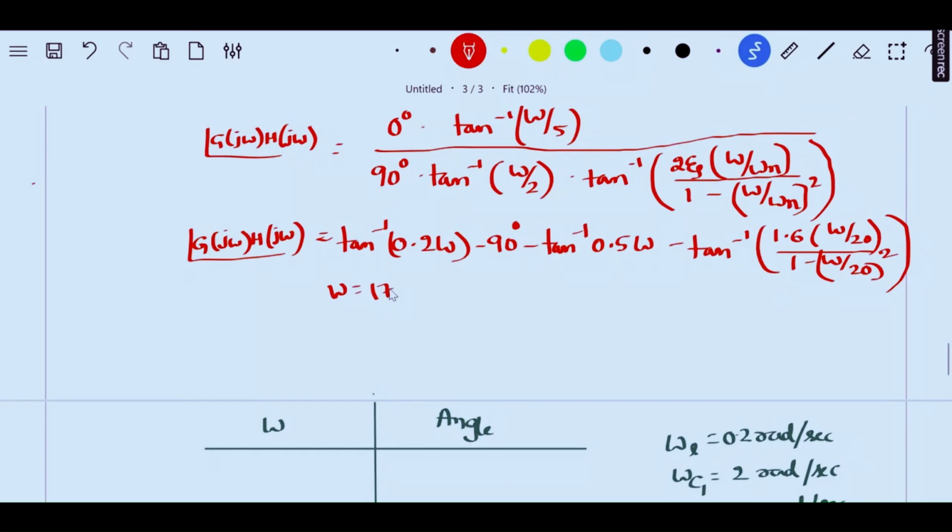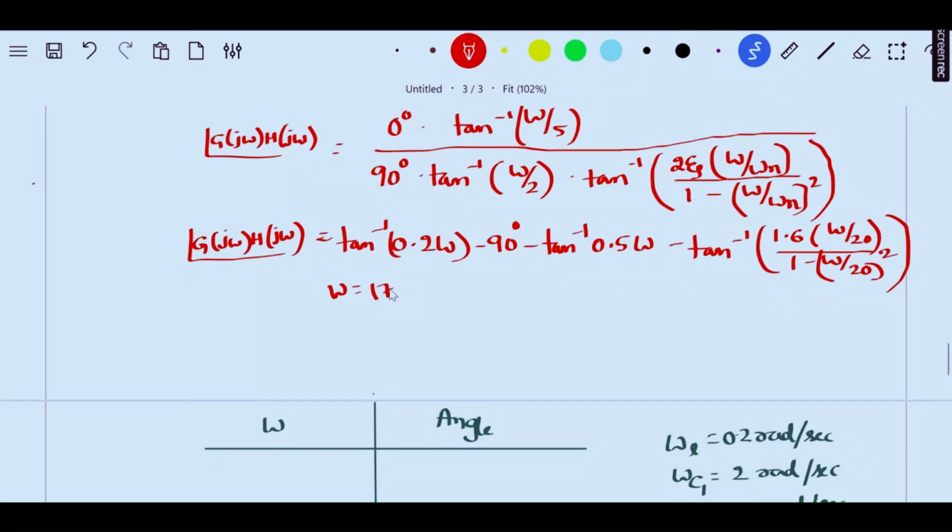When I take omega equals 17, I get tan inverse of 0.2 into 17, minus 90, minus tan inverse of 0.5 into 17, minus tan inverse of 1.6 into 17 by 20,